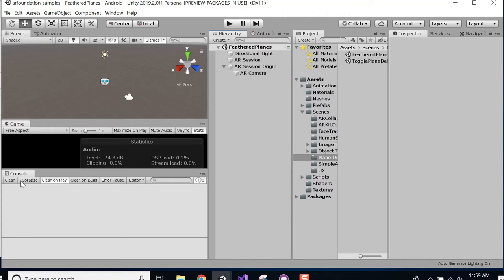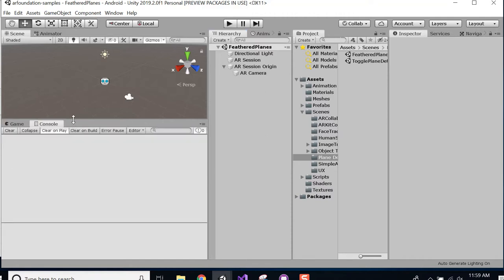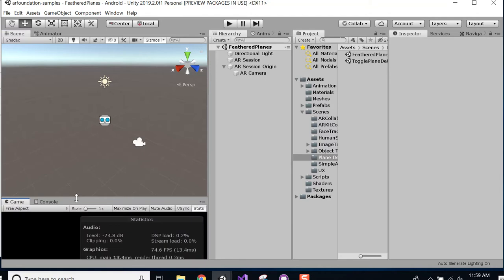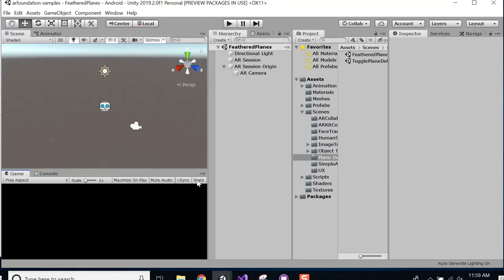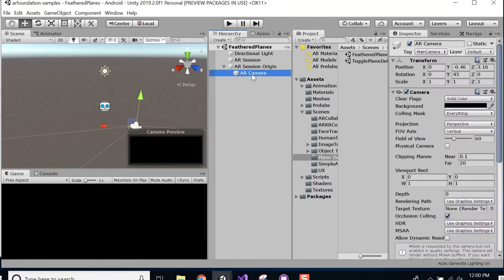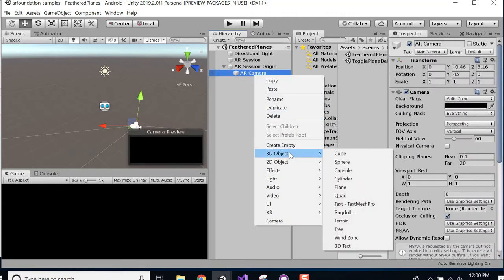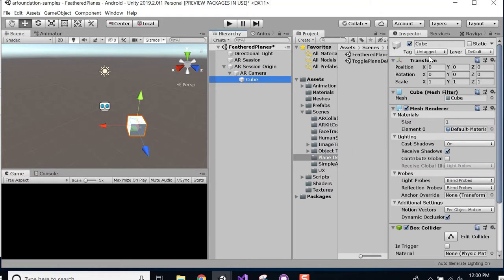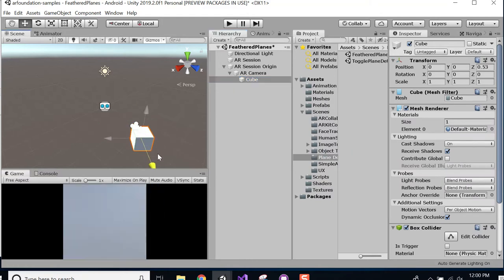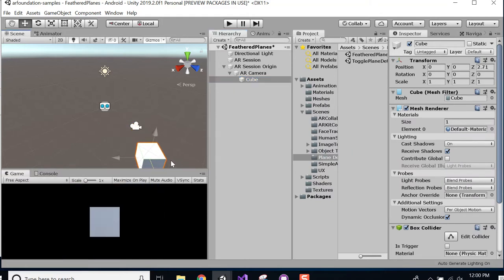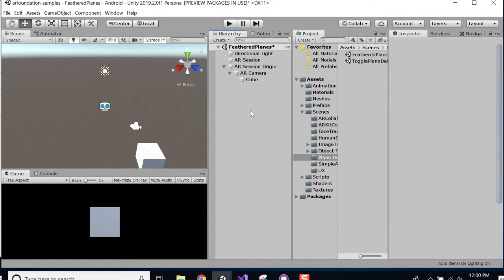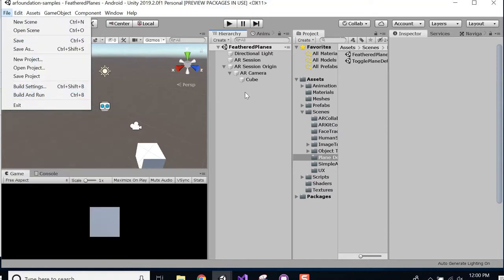Now, I think I'm just going to move this around a little bit and turn off stats. I think it'll be helpful to see perhaps a cube. Let's just put it right in front of the camera and pull it forward a bit, like so. To see a cube in the scene, so we should see this just floating around in front of us when we build. So now I'm going to build and run, or Control B,